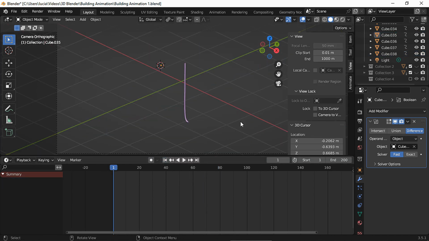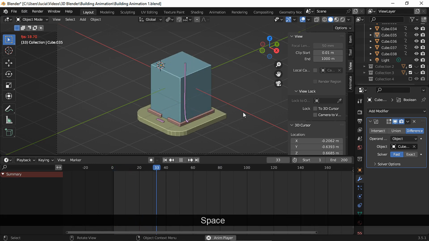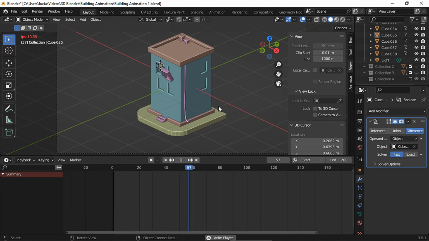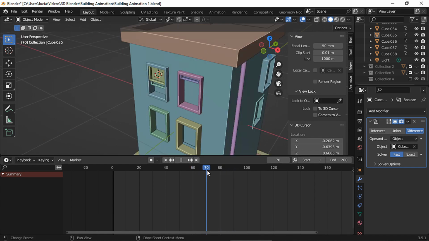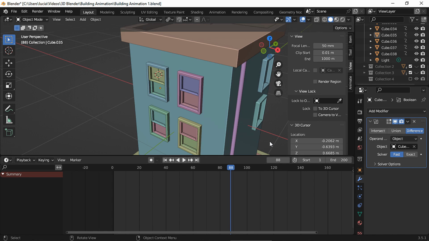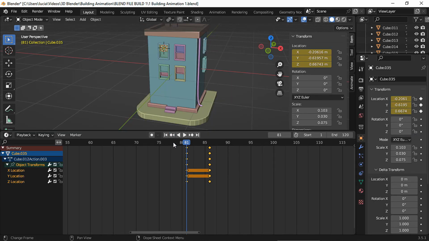Let's see. And let's take a look at each keyframe.